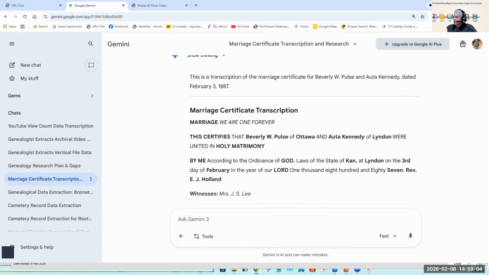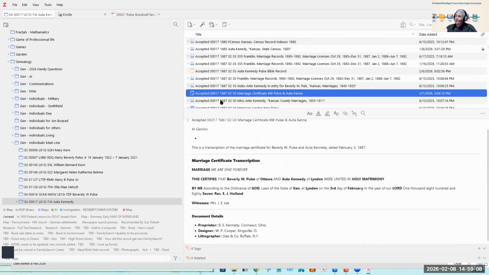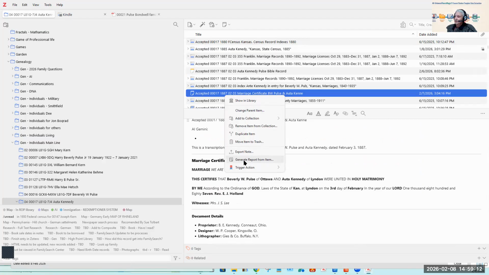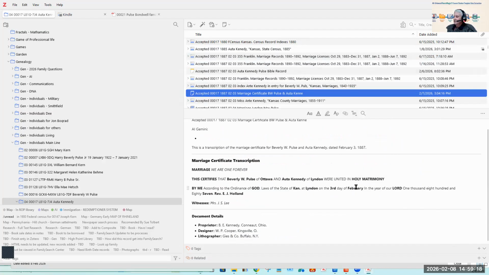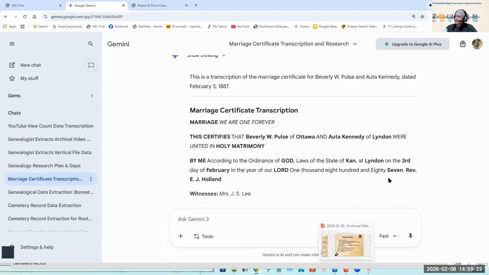We got this information from it, and again we can right click on that and generate the report, and then that's put into the folder, and that is shipped off to, okay.